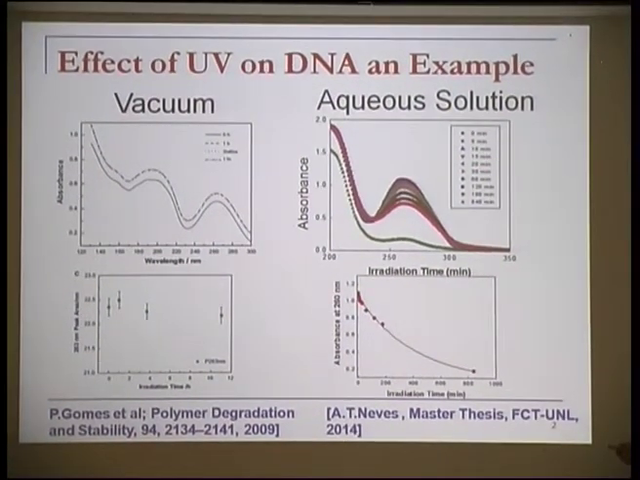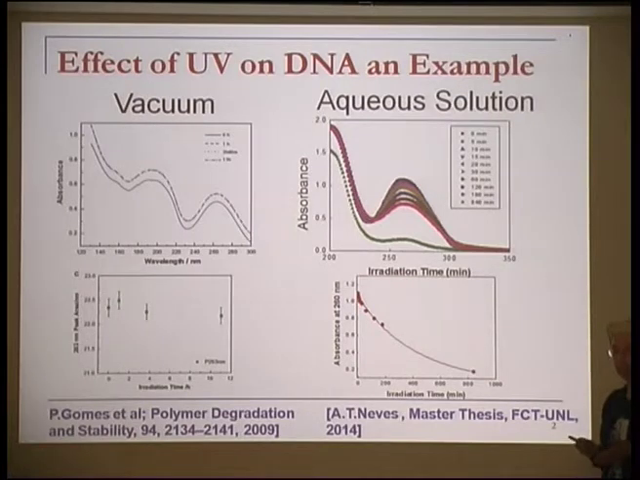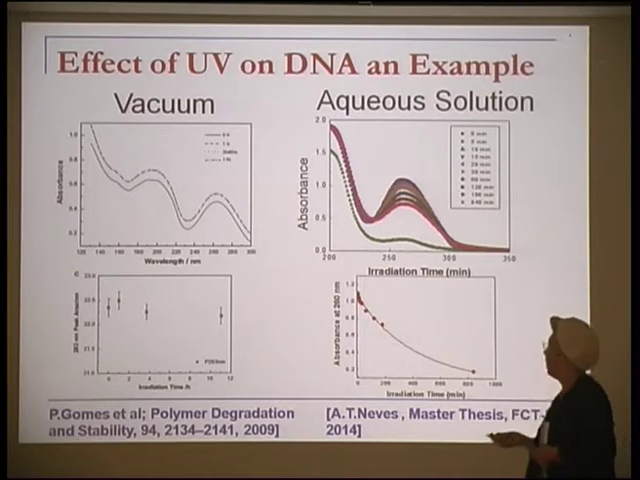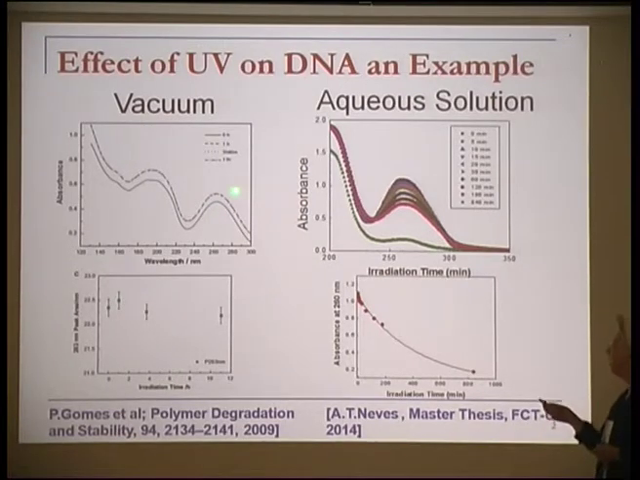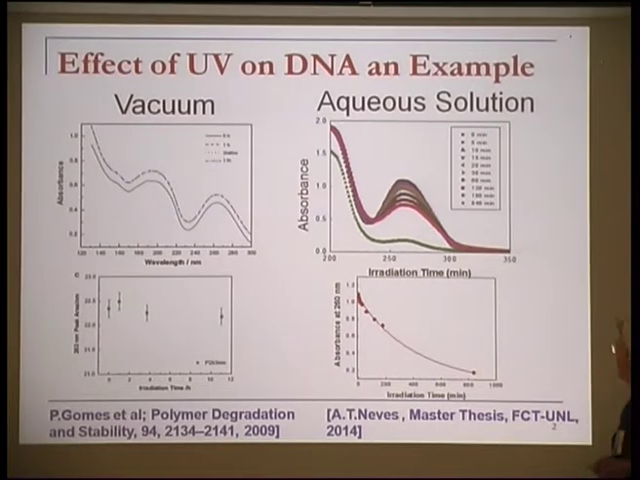UV creates damage in DNA, but if we study the system, the DNA in vacuum, the degradation of the bases, which is related with the 260 nanometers peak, this peak here, practically the bases are not damaged with UV. But